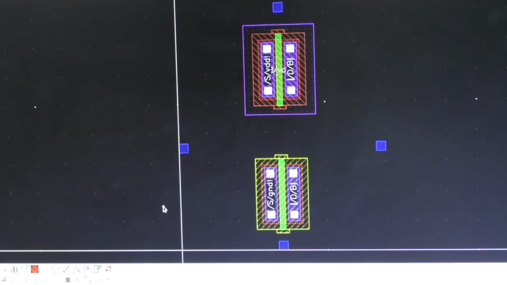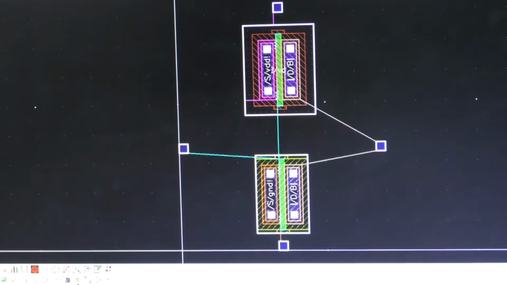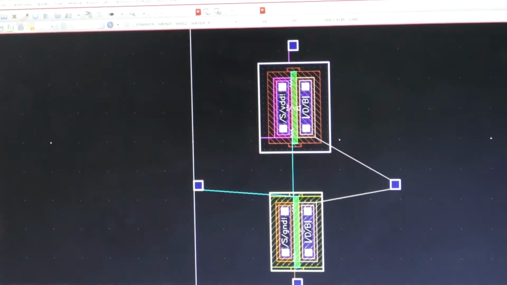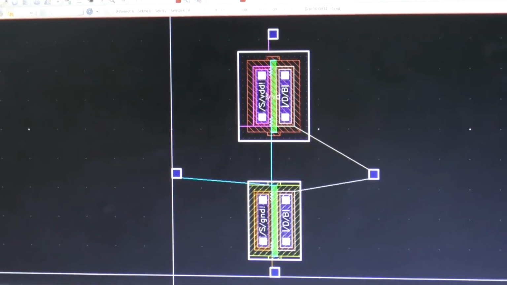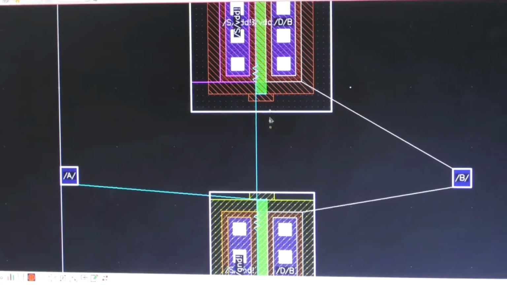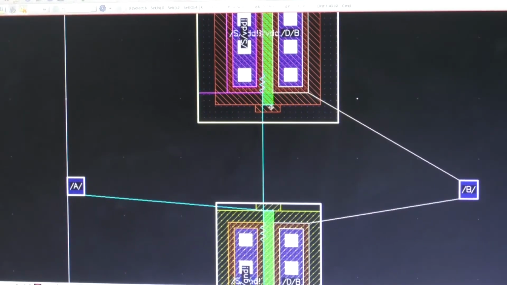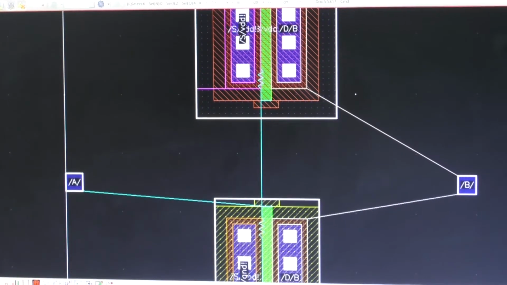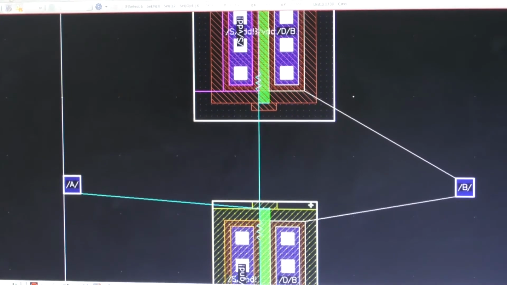See, this is the locating of the transistors, nothing but the instances and the corresponding pins. Now the first step is to see their corresponding interconnections, and if you want to check all these interconnections, just press Control A, and if you press this symbol, we can see the interconnections. Now these are the layers. By using these layers, we can draw the layout. And here, if you observe, these two transistors have the gate node, for which by using this poly, we have to draw this connection between these two gates.